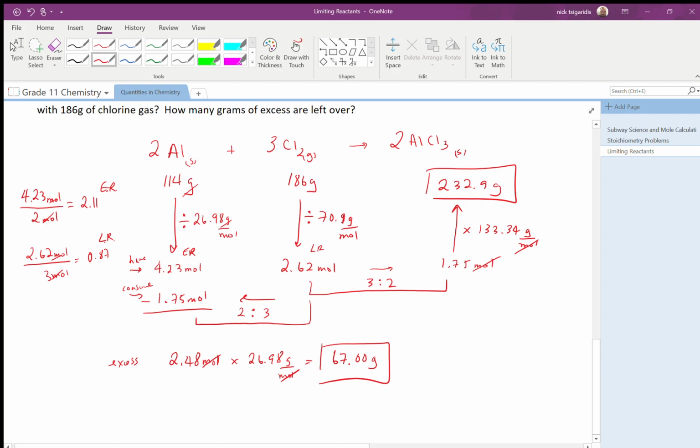And so you guys can see that the process is always the exact same when you're solving these problems. It's mass to moles, determine which one's limiting, use that limiting reagent and its mole ratios with everything else in the problem, and you should be able to